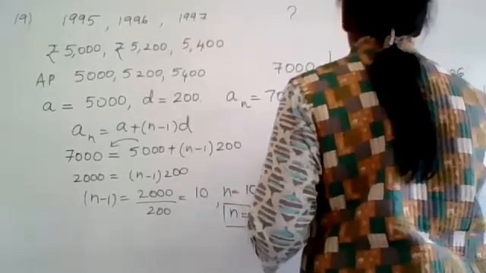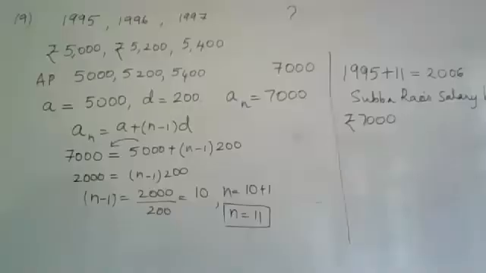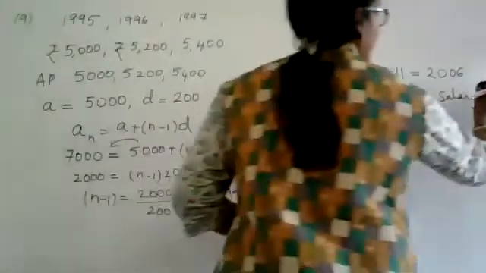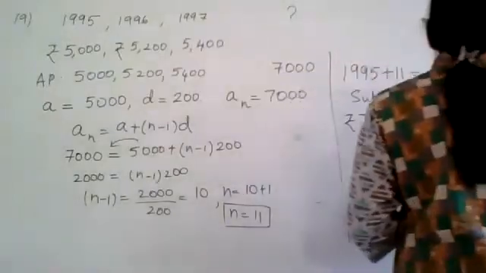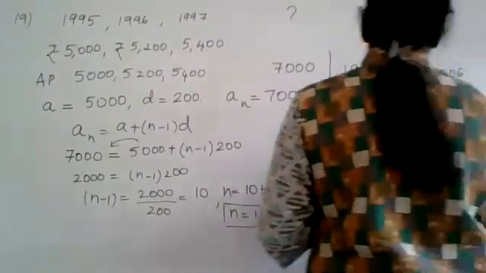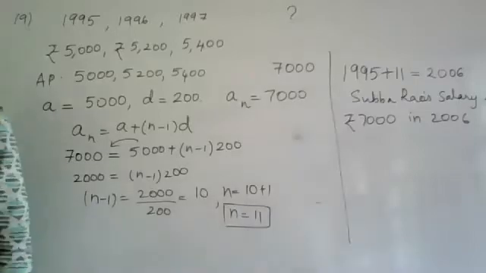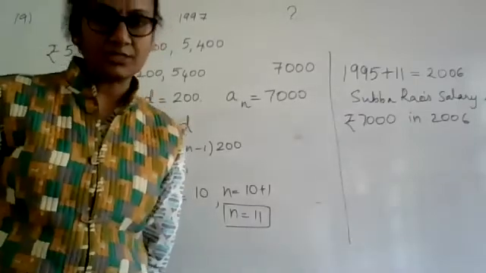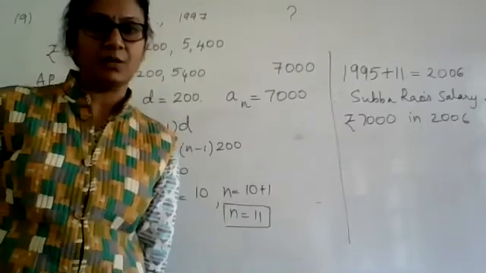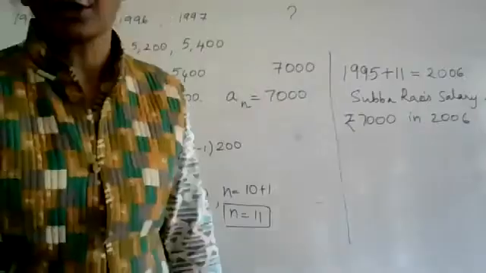Ma'am, you know why confusion becomes, wait just a minute. What was that? In which year did his income reach 7,000? Okay, reach. That is the word. Subbarao's salary reaches rupees 7,000 in 2006. Yes, it is fixed for 7,000 in the year 2006. So when 2006 is completed, he will become eligible for 7,000 rupees. I don't know what is the confusion. I'm unable to follow your confusion.